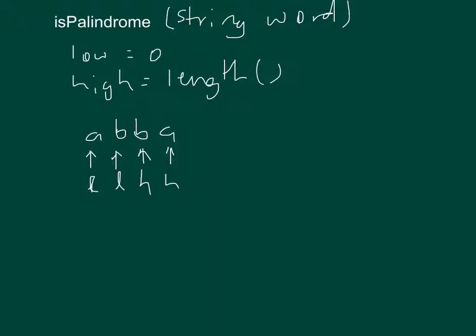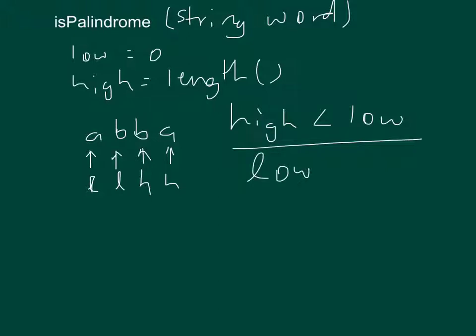As soon as we have a mismatch, we're going to return false, because if we have a mismatch there, then it means that it's not a palindrome. Now, if we have compared all the characters in the string, or when we get to the point where either high is less than low, or we can think about this the other way around. If we get to the point where low is greater than high, we want to come out of that looping